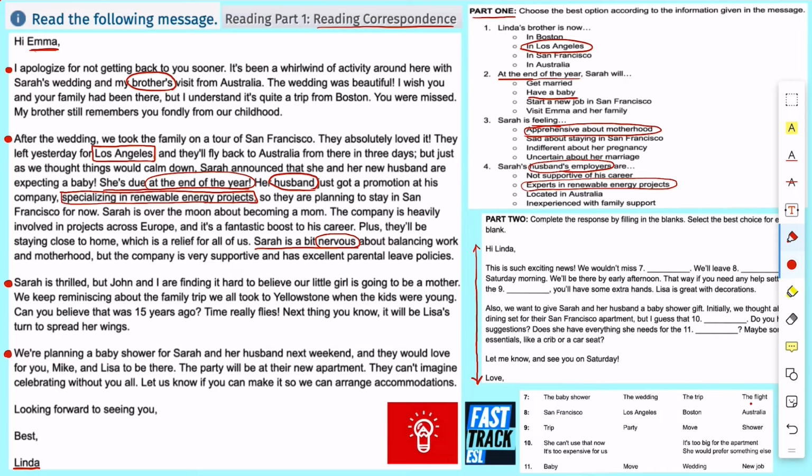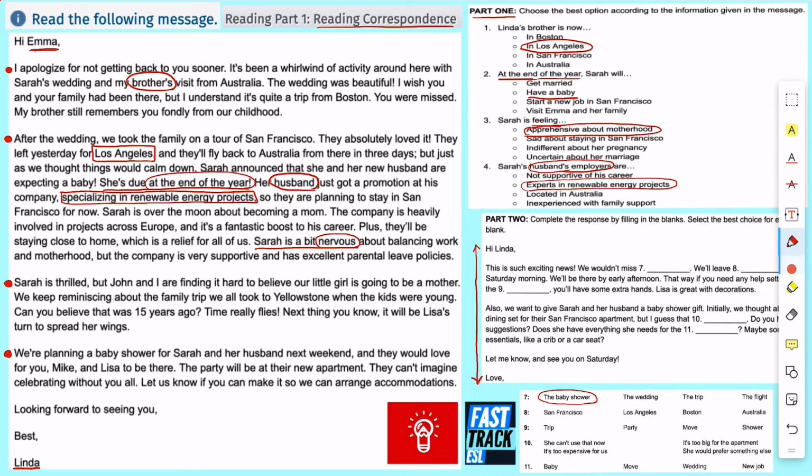Now, you need to know at this point that this email is inviting the recipient to a baby shower. And so it's not the wedding, it's not the trip. The wedding was already held. The trip, they're currently in the trip. The flight, no, the answer is the baby shower. "We'll leave blank,"